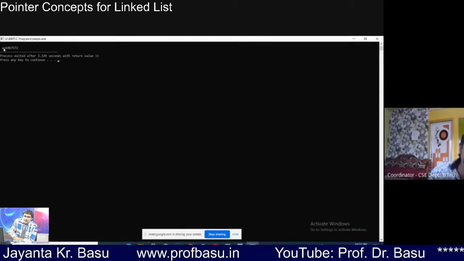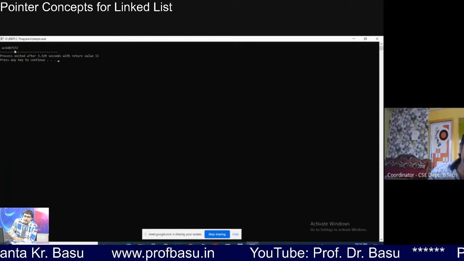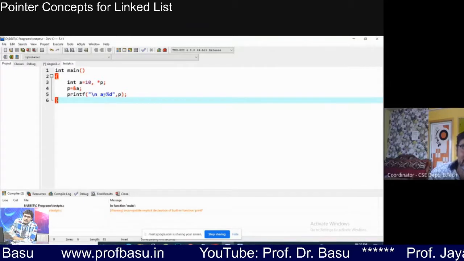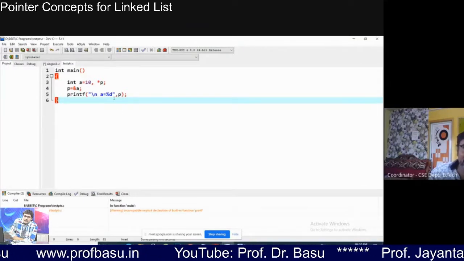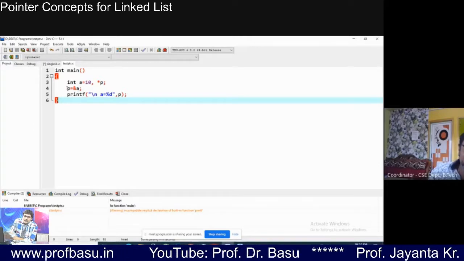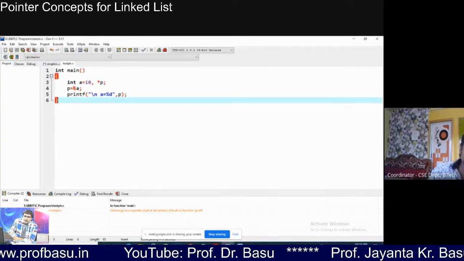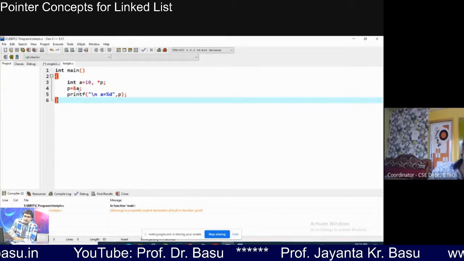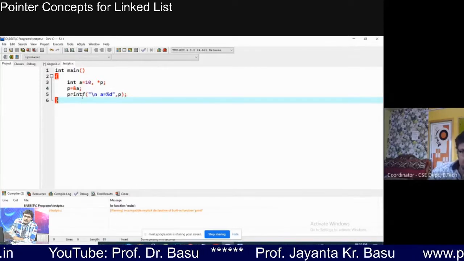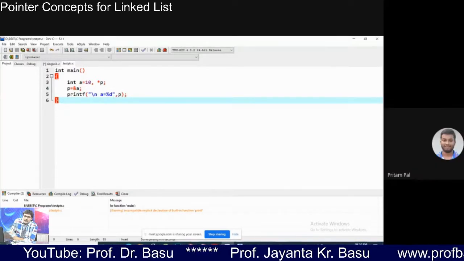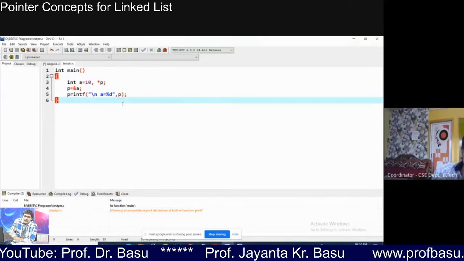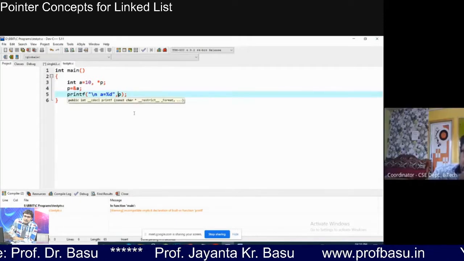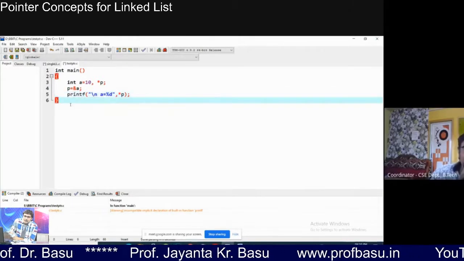The variable has got this address, so here a is not the value. I have written p, that's why this is coming, but the value you are getting is the address of a, that is p, means p holds the value where a has been stored, in which memory location a is stored, in our RAM. So I'm getting the address of RAM, because during execution you cannot allocate the memory. If I want the value of a using p, I have to write star p, the pointer variable.